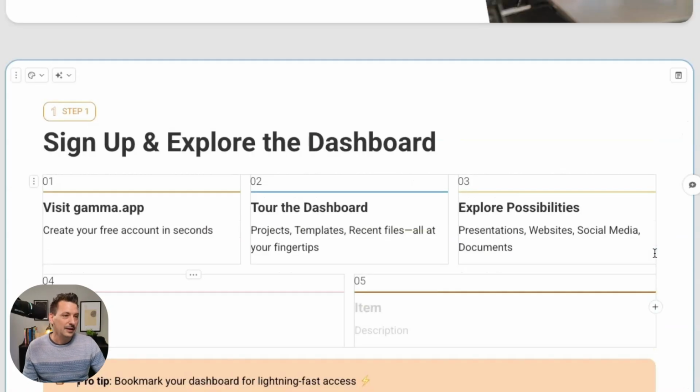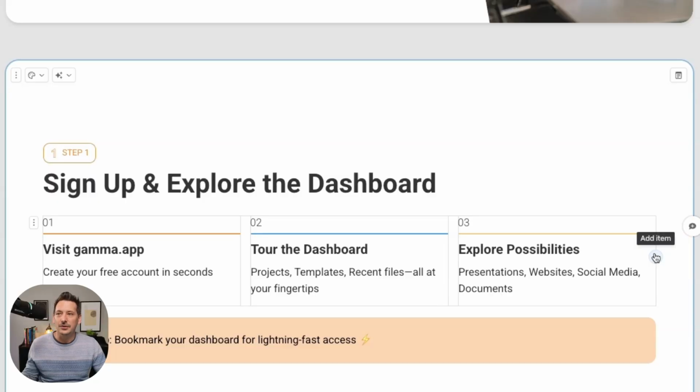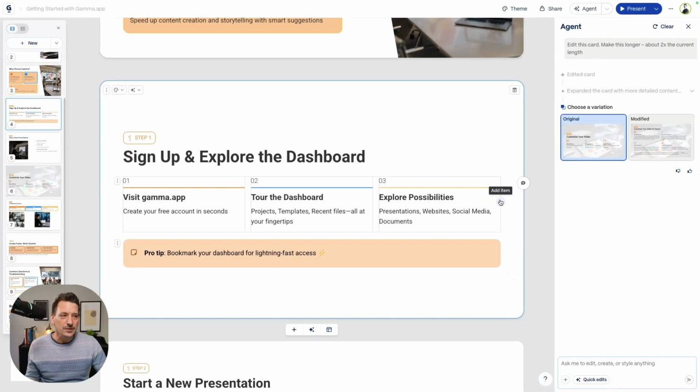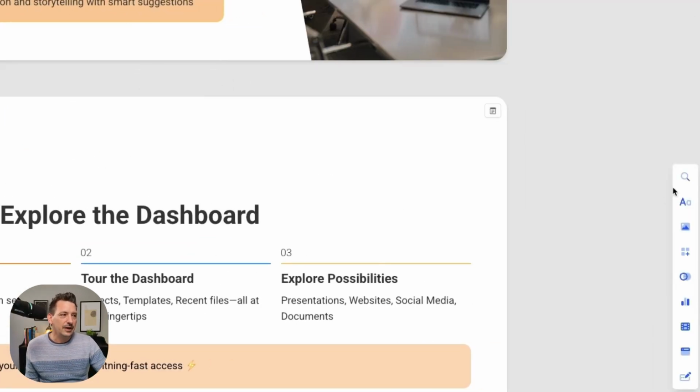So those are great. It's just Control Z to undo if you want to undo those. You've also got a bunch of traditional editing tools. I mentioned those earlier if you're building from scratch. If we close our agent here, you've got your traditional editing tools bar where you could add in basic blocks,